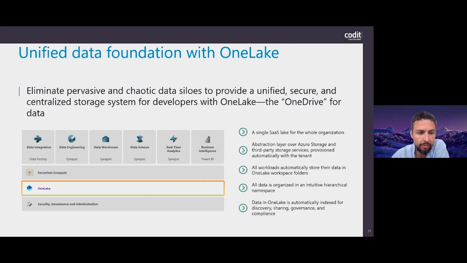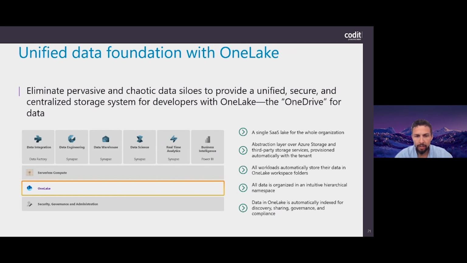It also integrates with other third-party storage accounts. So you can, for example, make shortcuts or do mirroring so data ends up there. It looks like it's logically there, but physically it's located somewhere else, and you can access it as if it were physically stored in your OneLake, which again makes it very easy to integrate into your 7 experiences.